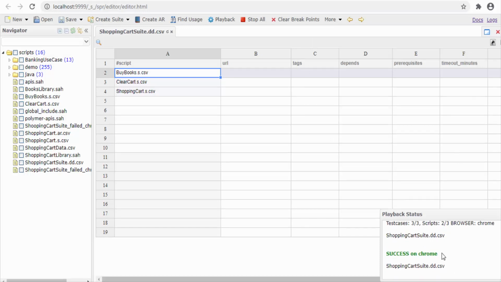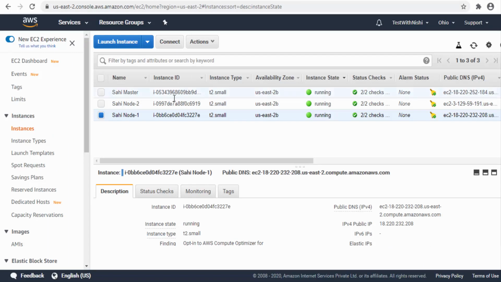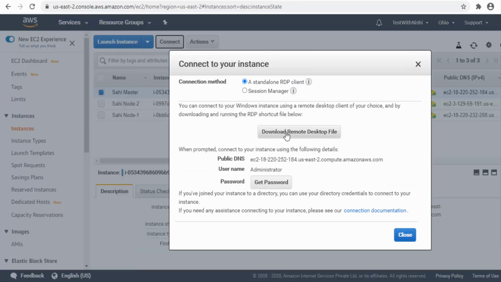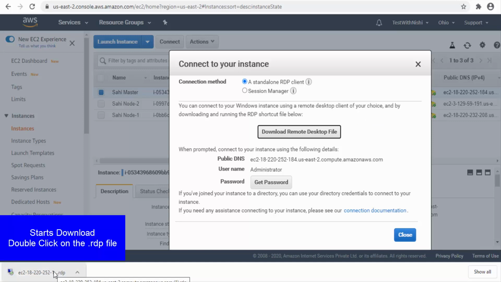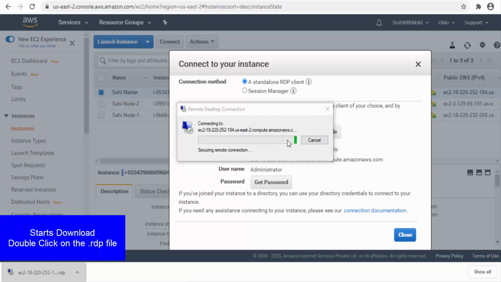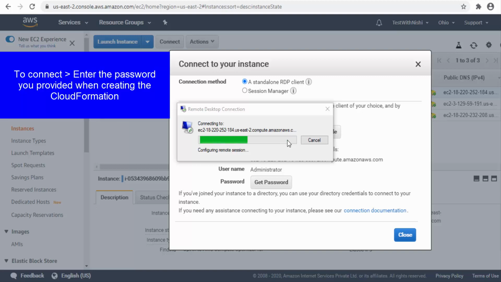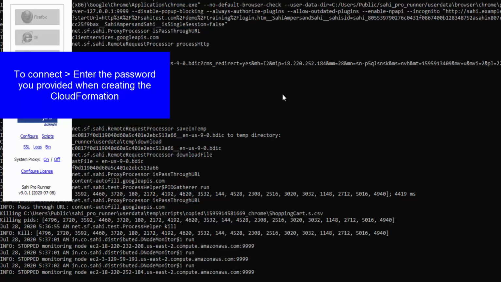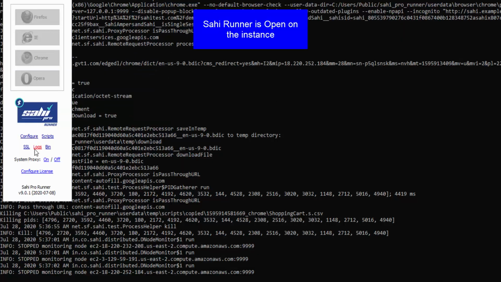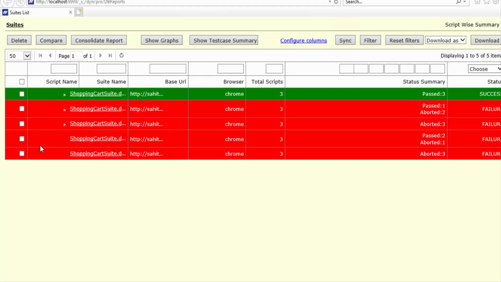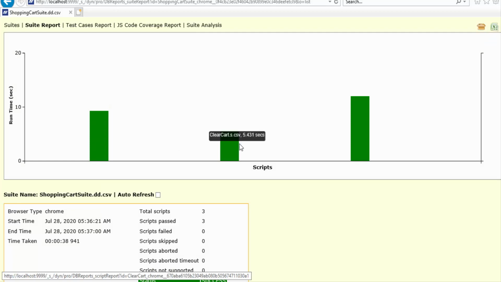We can then connect to the instance using Remote Desktop. Log into it. Here we can open the logs from the Sahi Pro dashboard and check out the log of our latest run.